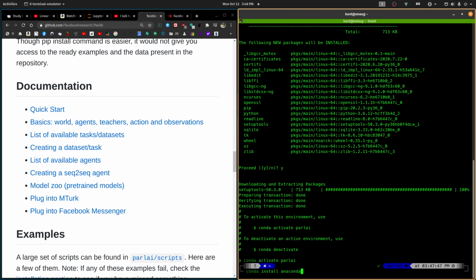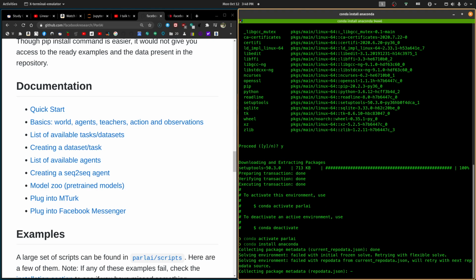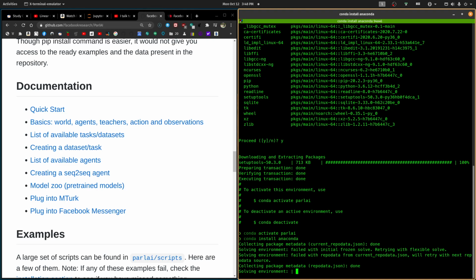And the reason I'm doing this is there are a lot of packages in Anaconda that I'm probably going to need for the other things that I'm going to be doing with this. So let's see what happens here. It's trying to get the environment correct. I don't know why it's having trouble. Usually it can do that pretty quickly. There's not much going on in this environment as it is.